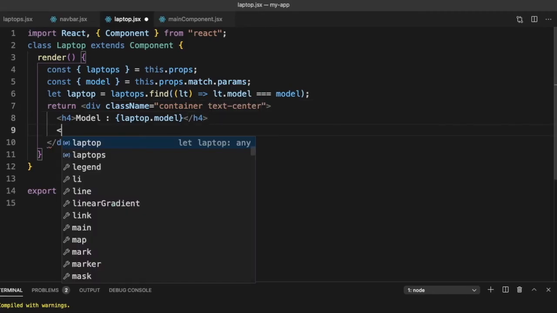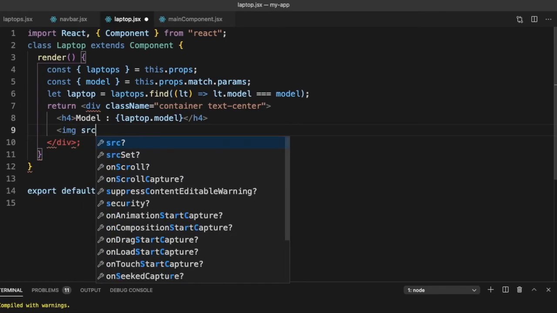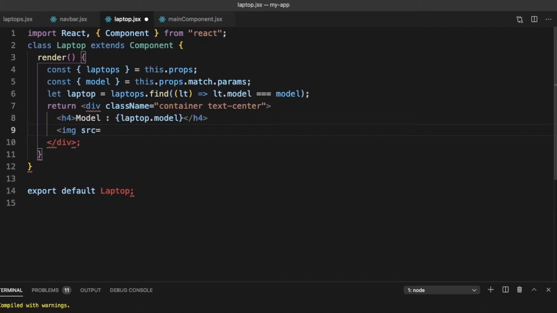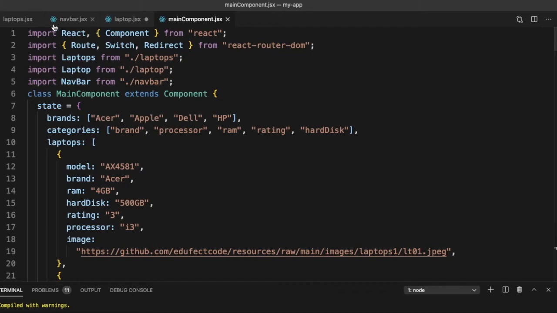Next I need to show an image. So image source is equal to, now what is the source? It is equal to laptop.img. Is that the name? Let's check again. It is image.